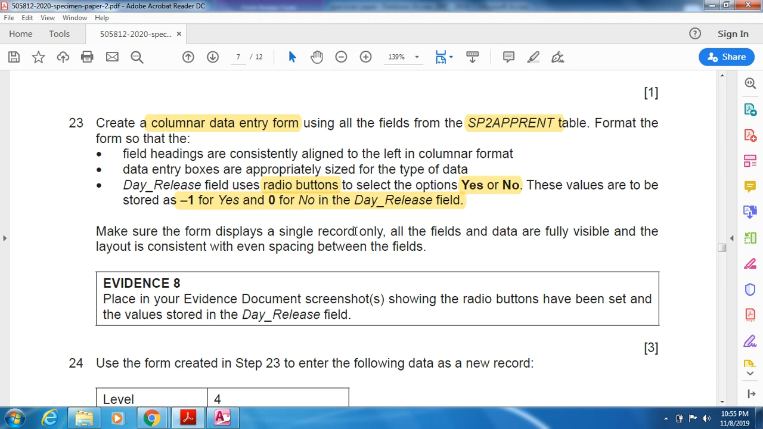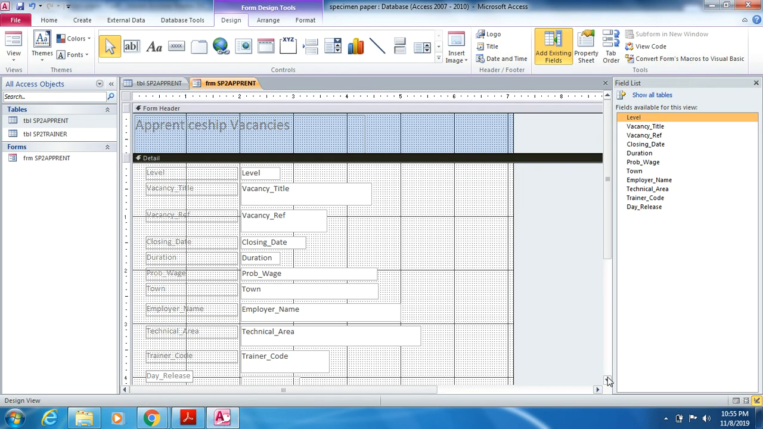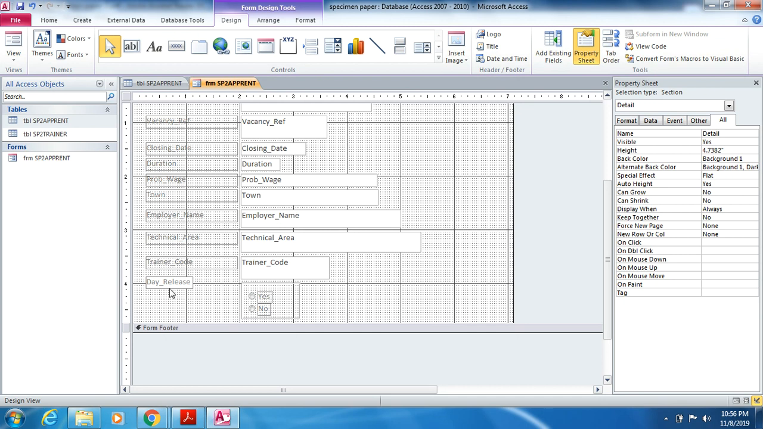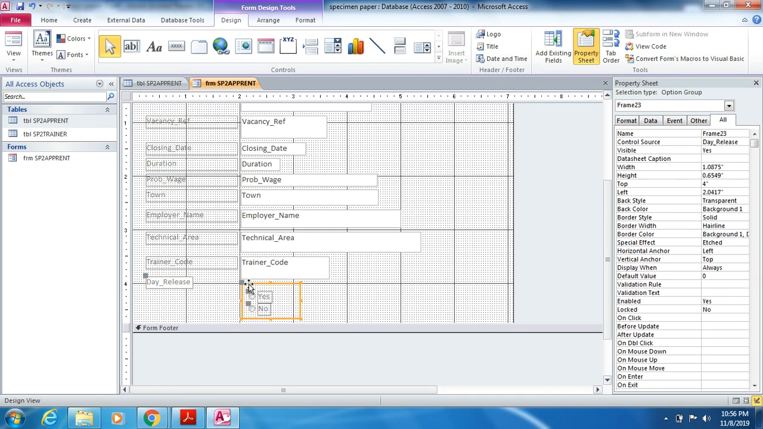Make sure the form displays a single record only, all the fields and data are fully visible, and the layout is consistent with even spacing between the fields. Evidence 8: place in your evidence document a screenshot showing the radio buttons have been set and the values are stored in the day release field. So we need to take screenshots for the day release field. Just click here. You click on this one, you can see the control source is day release. Take a screenshot of this page, print screen,